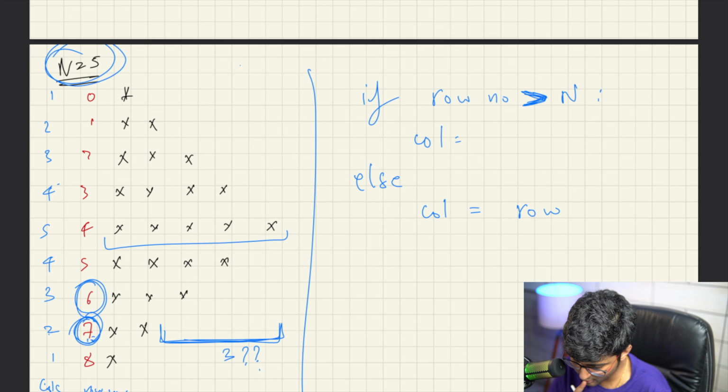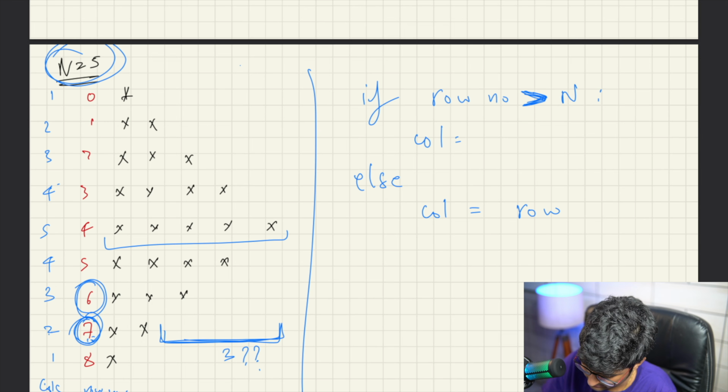So this 3, how do we get this 3? This 3 can actually be equal to what? Row minus n. This can be equal to row minus n. Okay. Row minus n minus 1, something like that. All right. So in this case, let's say we are ignoring 3.